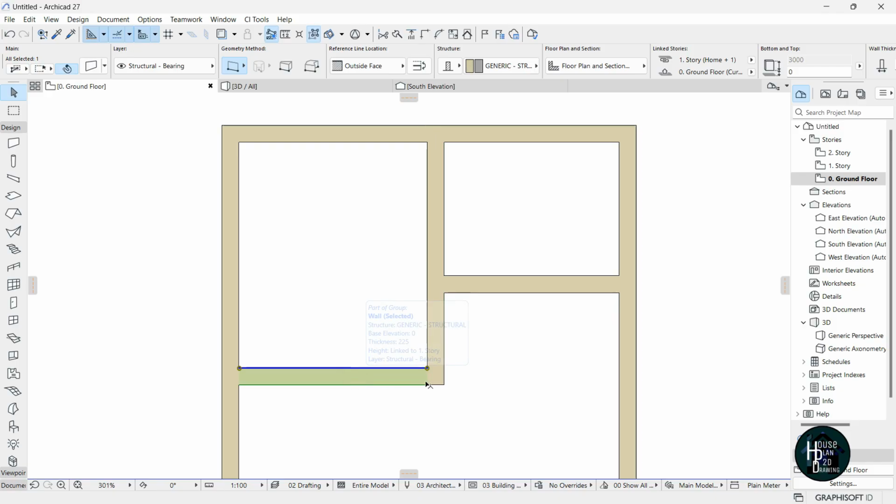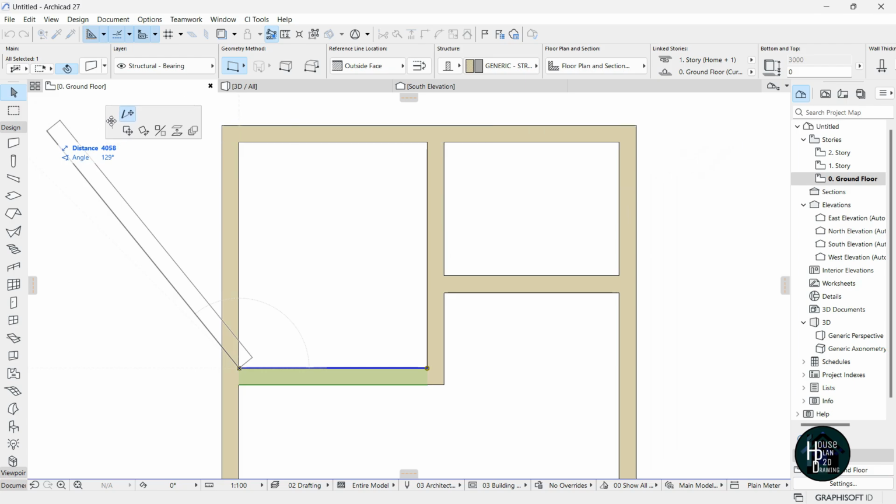If I click this also, only this is being selected, and I have two nodes here. Okay, so click on this wall, click on this node. Whenever you click on the node, a box like this is going to appear. You can put your cursor to this side here, click on it, and just drag it to any specific position